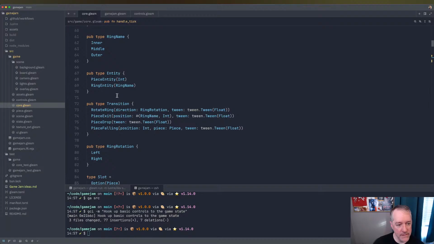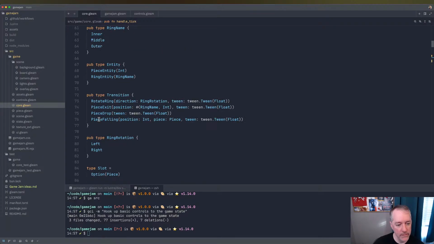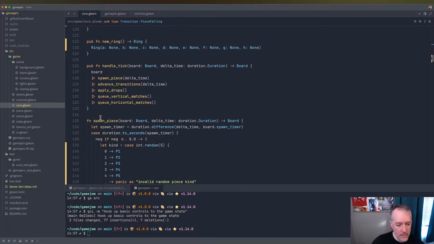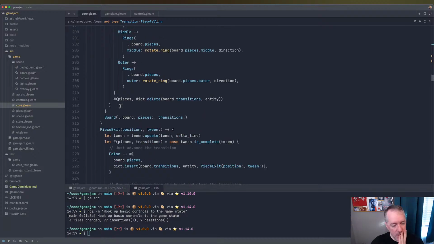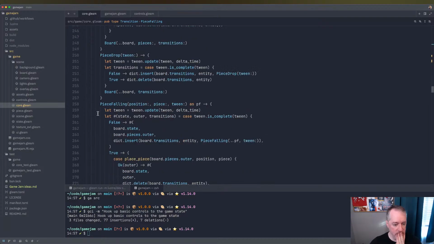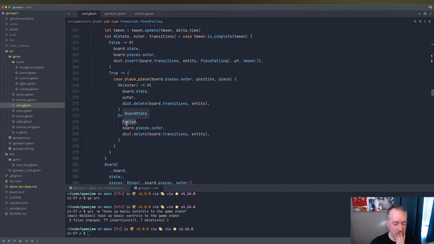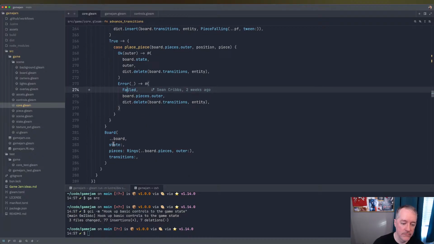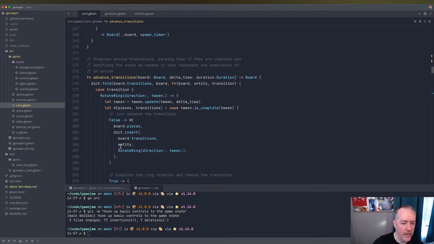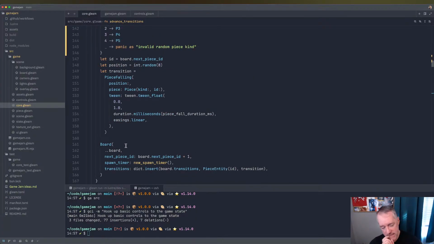And I think that there's a thing in advanced transitions where if something falls and, yeah, we go into the failed state. So, yeah, maybe what we do next is